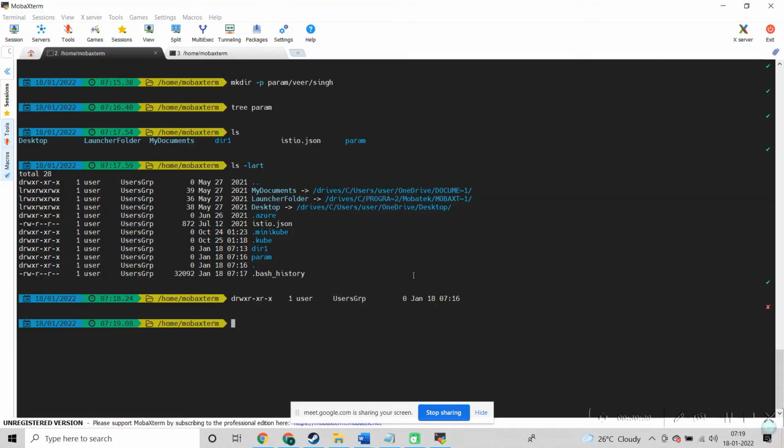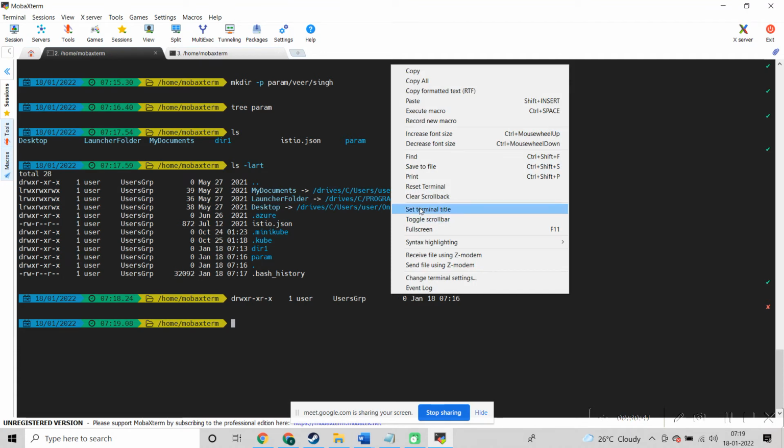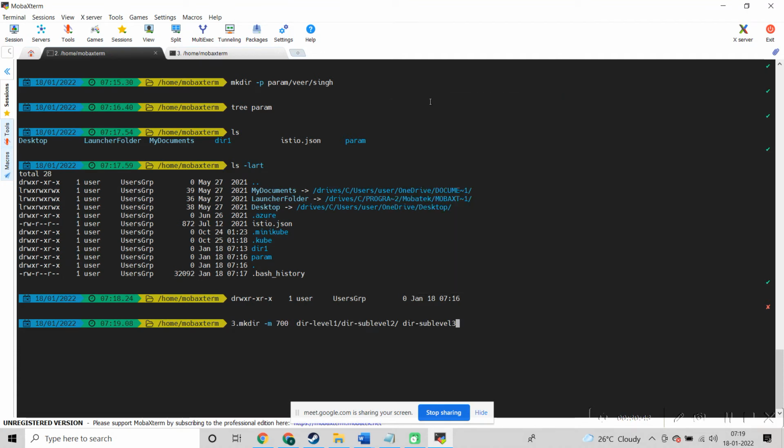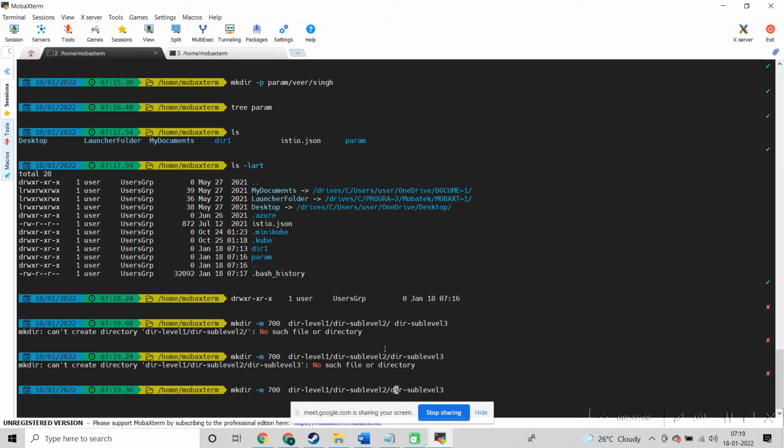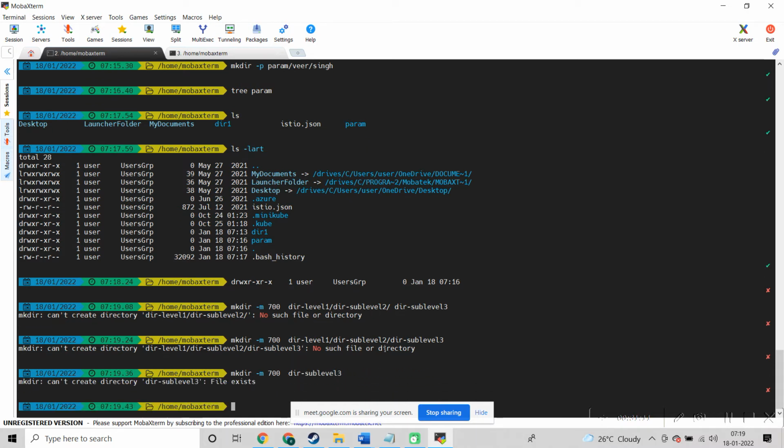So let's say I want to create one directory with certain permissions. Just remember this thing as of now. Since we are not passing the -p option, let me remove this.